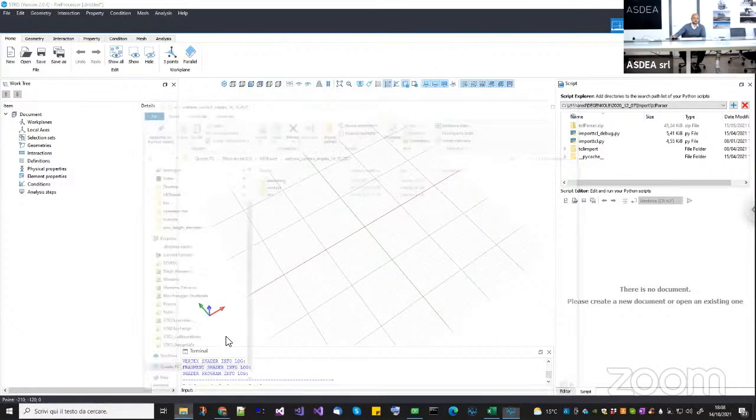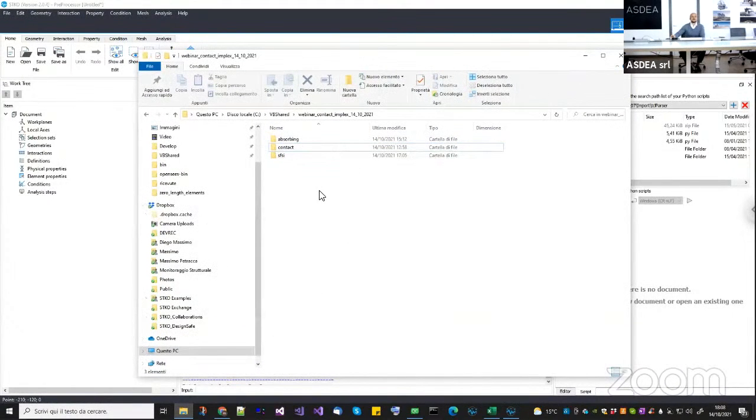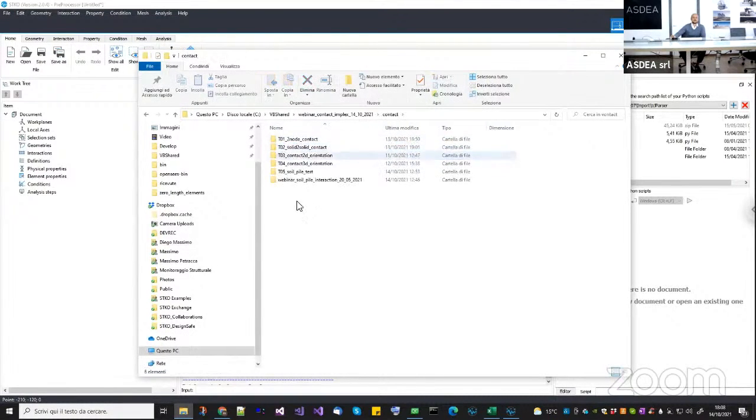So before we start, I will show you the contents of this webinar. I will mainly talk about the contact element. We'll start with this one, and we have some examples. I will start with a very basic benchmark, a two-node contact. Then I will explain how it works and how it is written in OpenSees, and then some other examples. So how we can use the same one for solid-to-solid contact, for contact in 2D and 3D with different orientations,